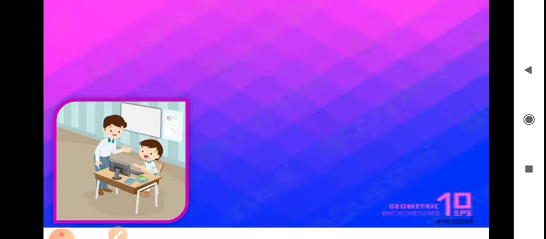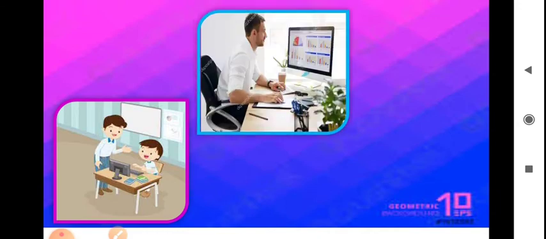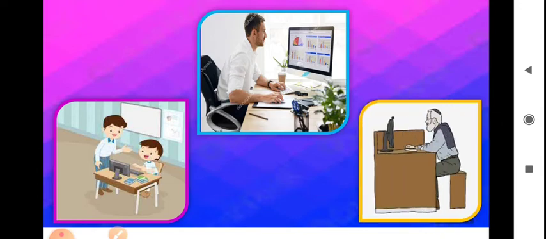See, your computer is being used in schools to teach the students. The second thing, the computer is being used by employees in the office. In the third picture, you can see an old man writing some letters, so he can send them to relatives or his own child. Okay, so this is the purpose for which computers are used.